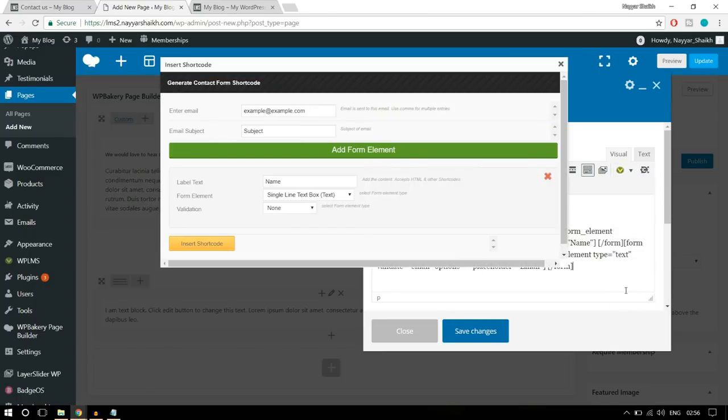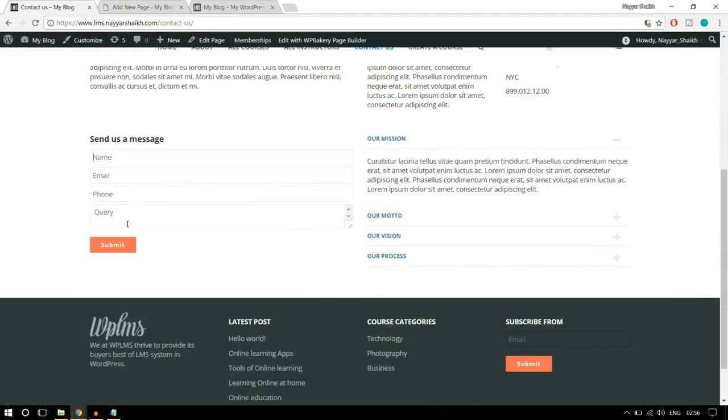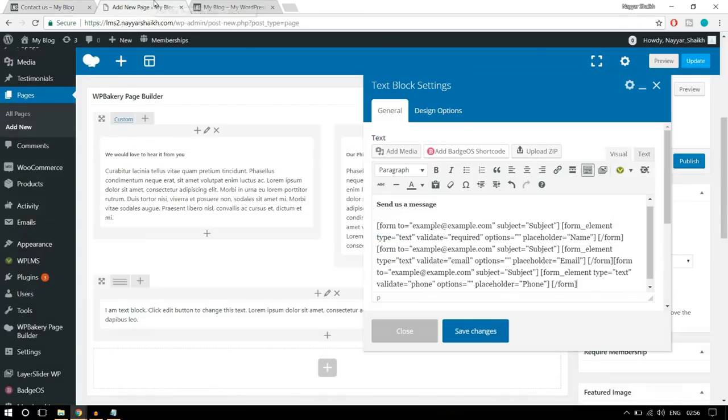Click on forms. Now let's make it phone. And validation numeric, or we can select phone number. Click on insert shortcode. And after that we have simple text box or message box, so let's add that,